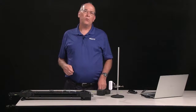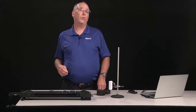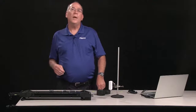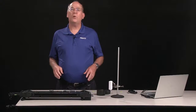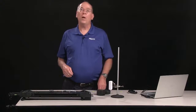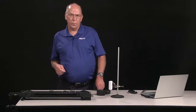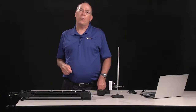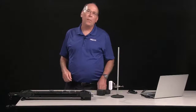After analyzing their strings, students can make predictions about the frequency of string lengths or tuning forks they didn't measure and then test them with a sonometer. They can even use their analysis to predict the behavior of other waves like sound, light, tsunami, and earthquake waves. You'll find detailed lab instructions and a teacher guide for this lab and more in the Pasco